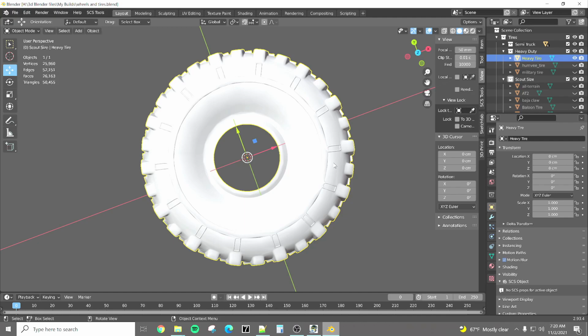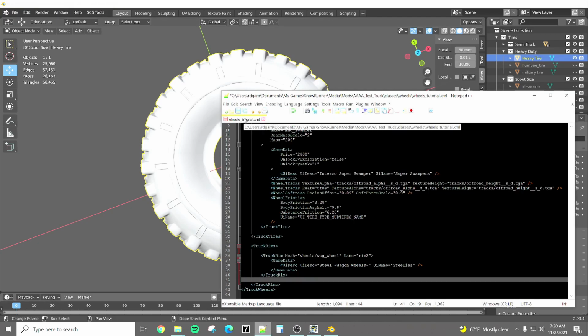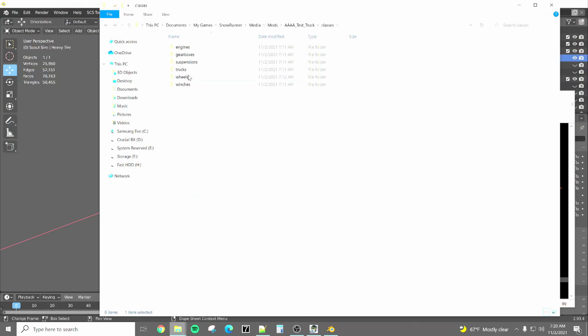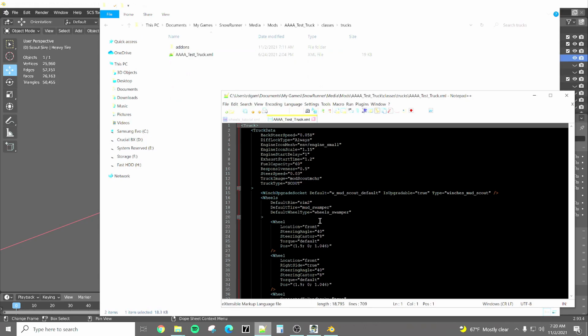The size that's here in Blender is not the size that's going to show up in the game, because the size that shows up on screen is dictated by the XML files. So what exactly does that mean? If we come into the